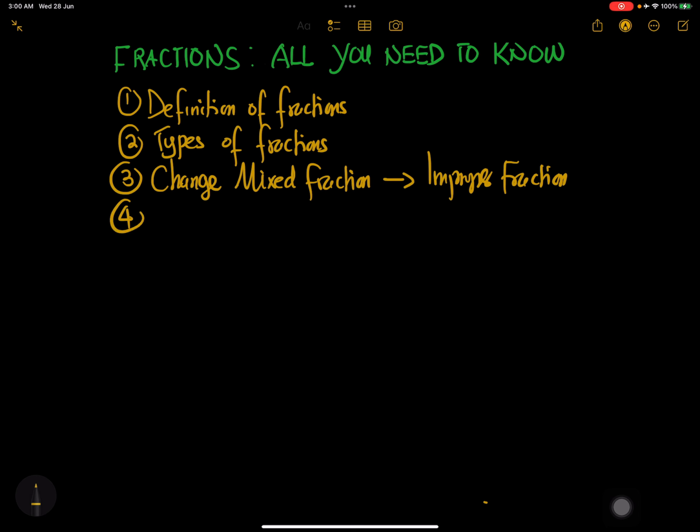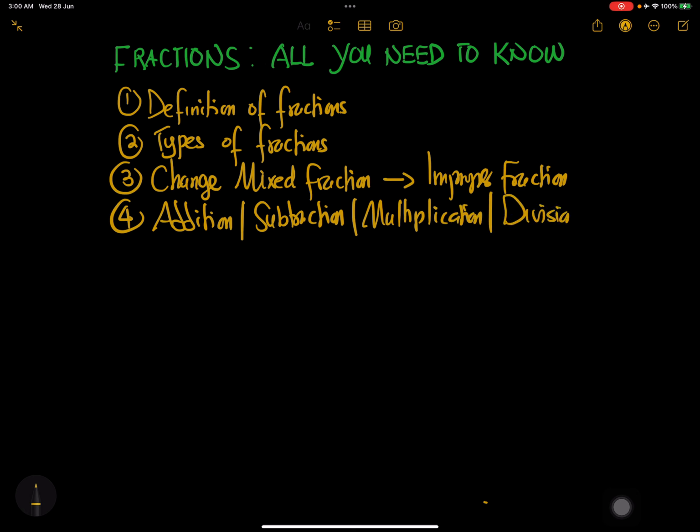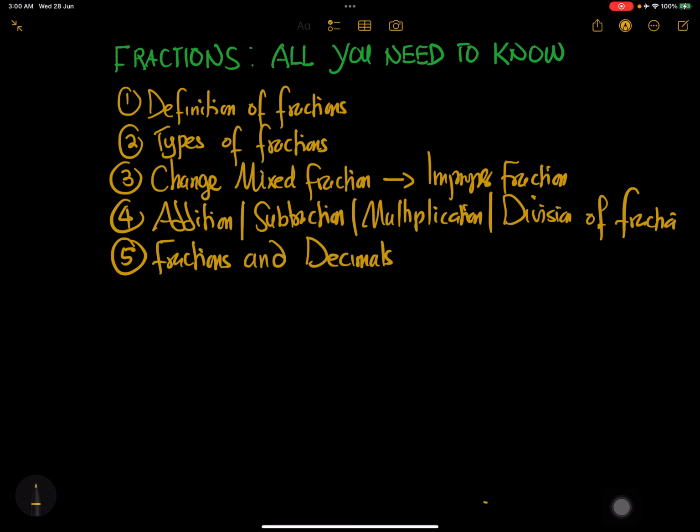The fourth thing is to look at how we can do addition, subtraction, multiplication, how to multiply fractions, and also how to do the division of fractions. Yes, that'll be the fourth thing. The fifth thing is to look at the relationship between fractions and decimals, and how we can change a fraction to a decimal,